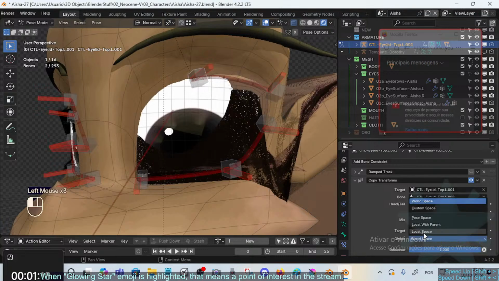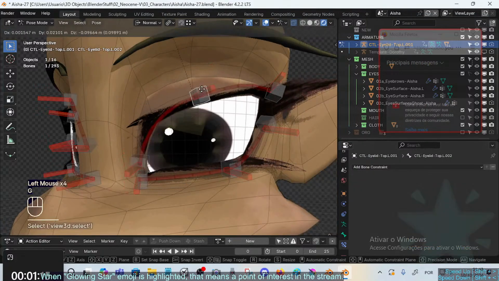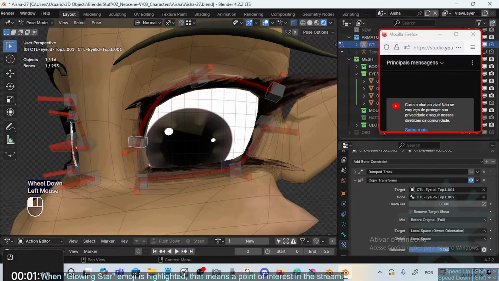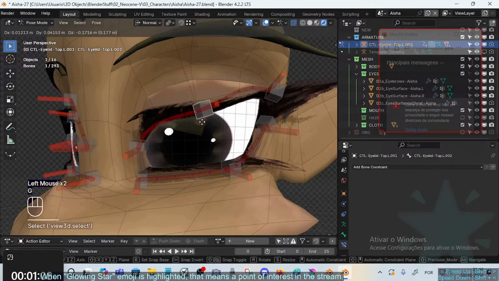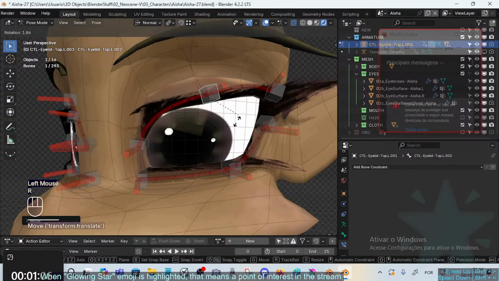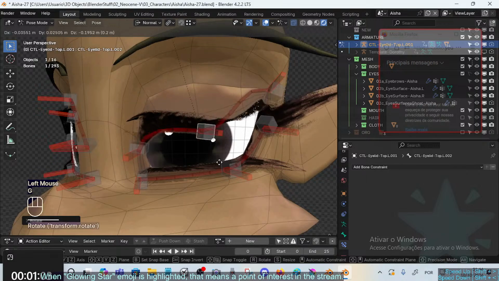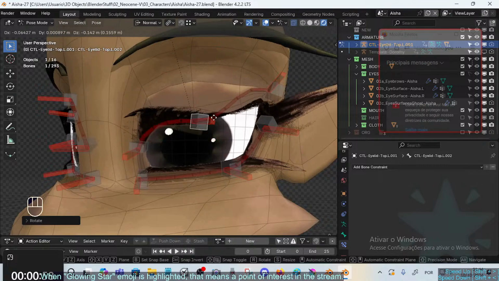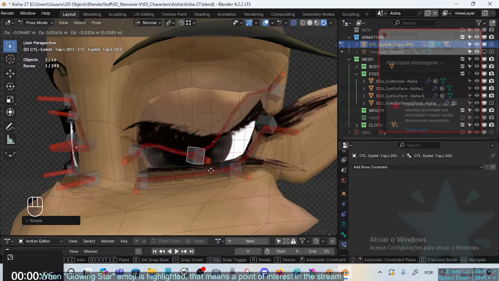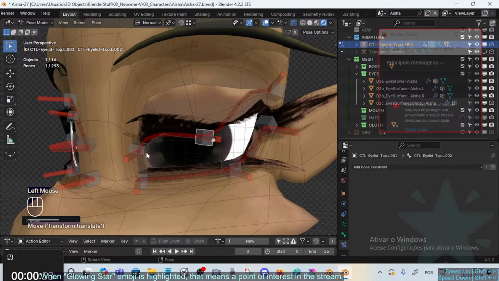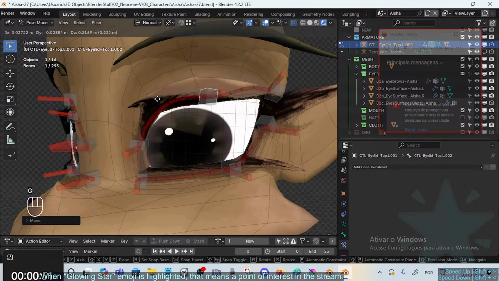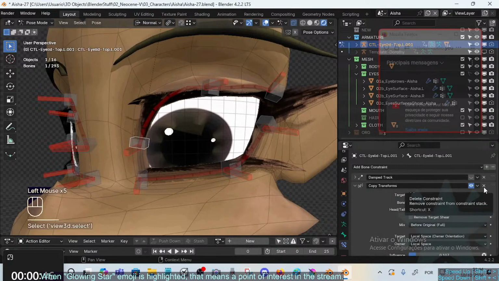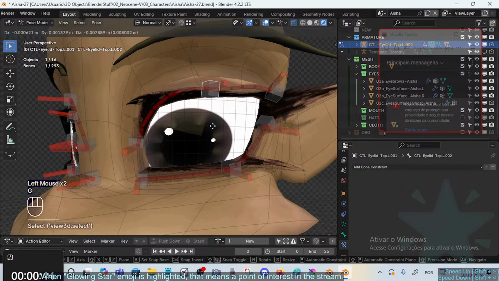Local space. Yeah, you see, do that, and then it will not really, yeah, it's just sometimes we don't want this sort of automation. Actually, it's not too terrible, like it's smooth, but it's not what we want, right? What we want is that exactly it's a transformation of data. So